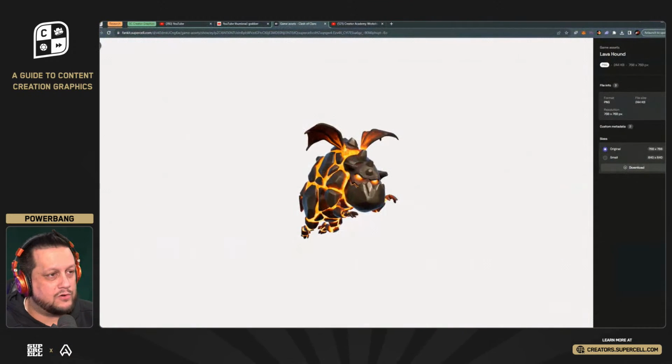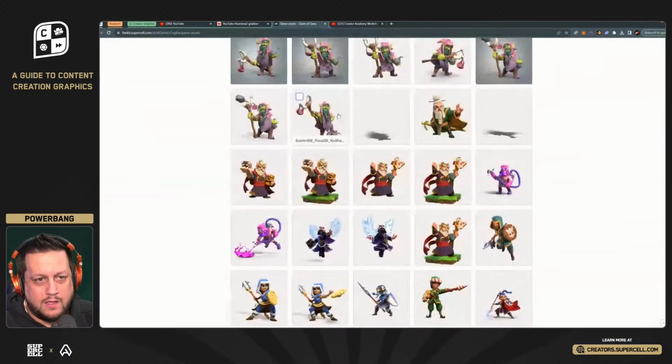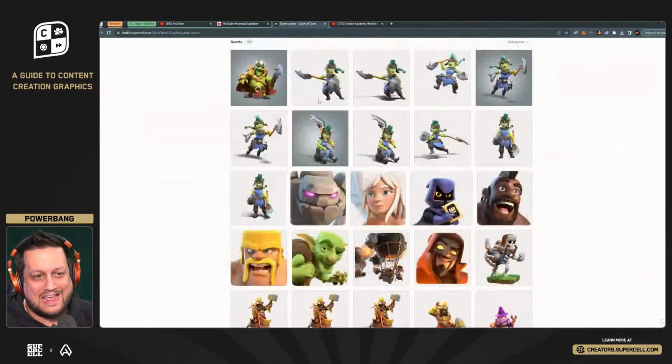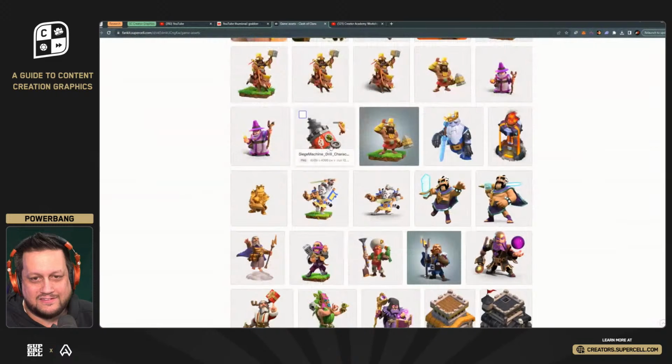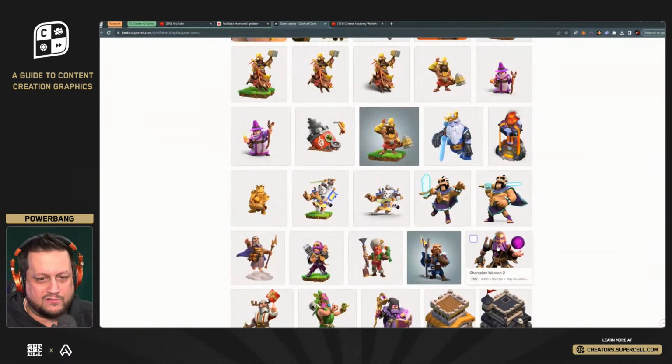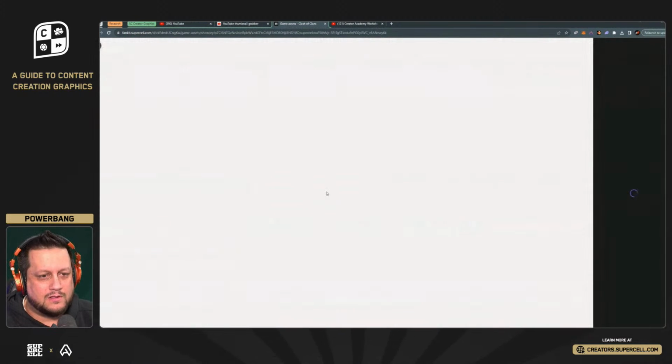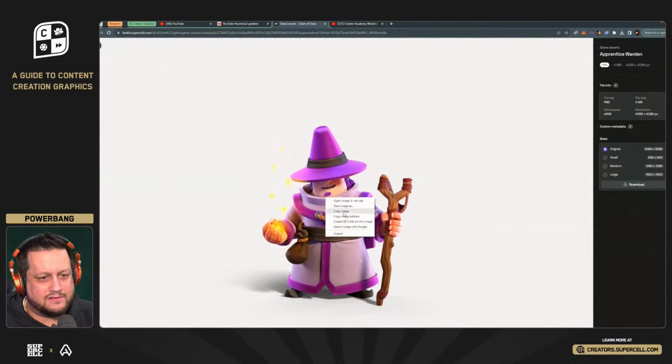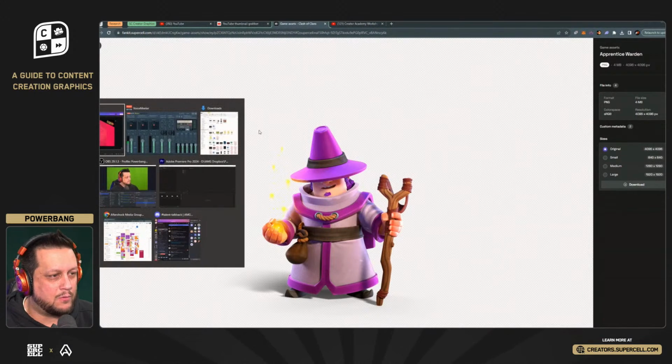And I have so many windows open, it's nearly impossible, but we will get there. Trying to broadcast this and do the actual design at the same time is quite fun. Ooh, the Apprentice Warden is a good one. I should have done that. Let's do a little bonus, right? Let's go grab this Apprentice Warden, and we're gonna throw him in